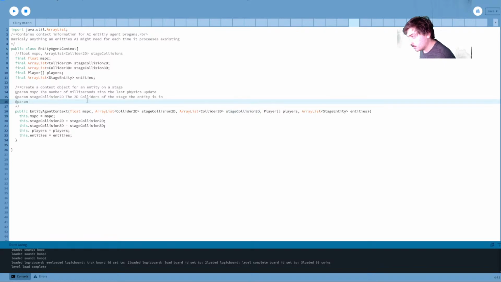Stage colliders in it. The 3D colliders of the stage that entity is in, if the stage is a 3D stage. If the stage is not a 3D stage, then this will be null.